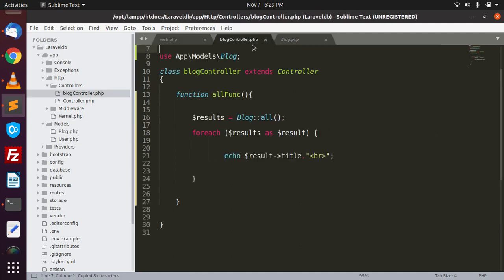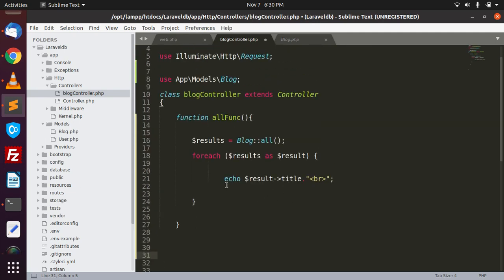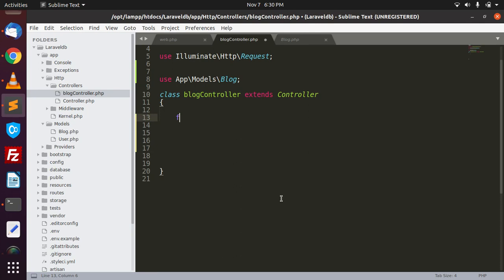Copy this, and now I am going to create another function. We can remove this one. Now we will create a new function here.